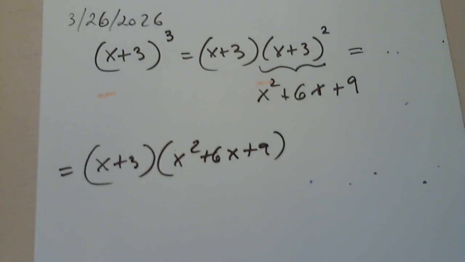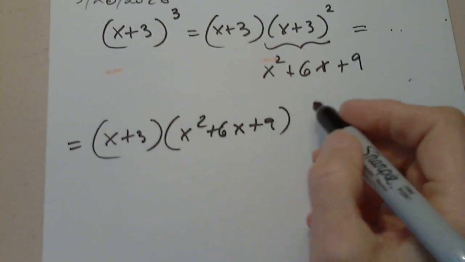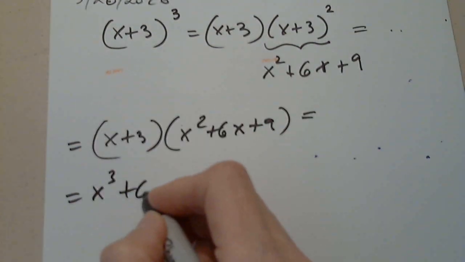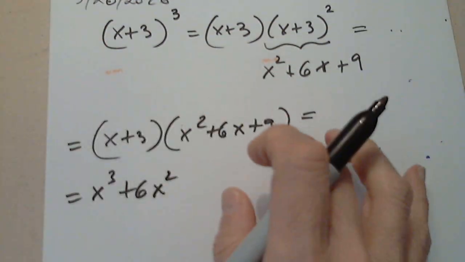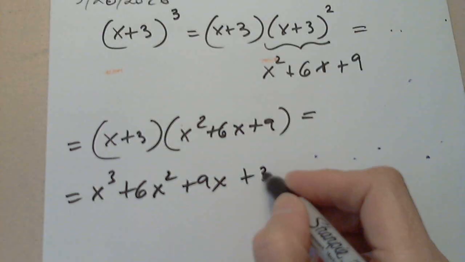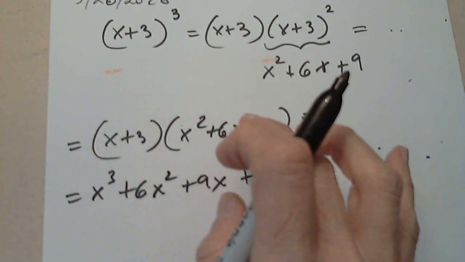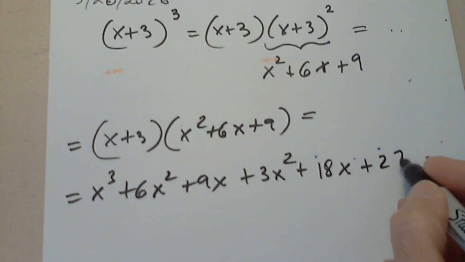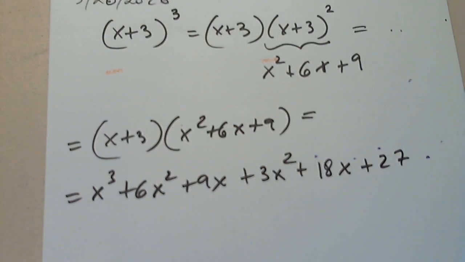And now we use the distributive law again. So x times x squared, x to the third, x times 6x, 6x squared, x times 9, 9x, 3 times x squared, 3x squared, 3 times 6x, 18x, 3 times 9, 27. So again,